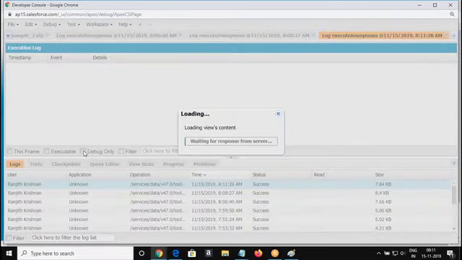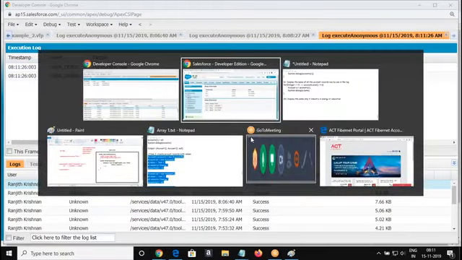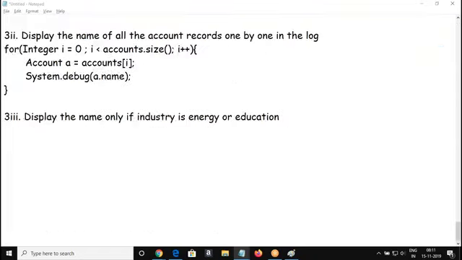So only the first two records displayed belong to energy or education, right?